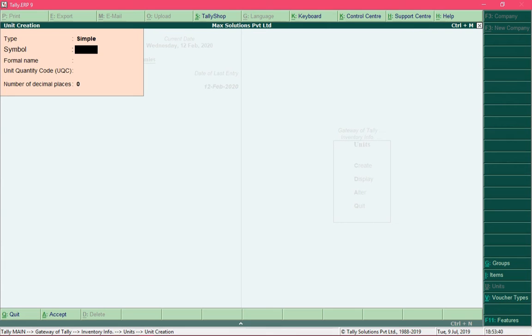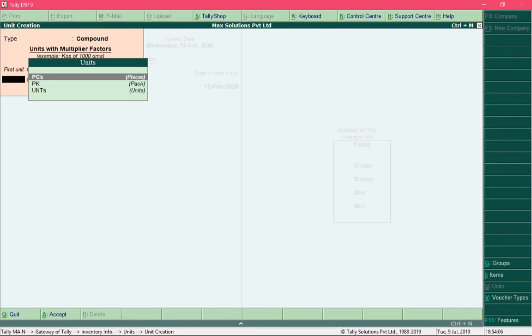So whenever you form a product from a group of products, then you need to define its units in a different way. Here we want to sell a pack of 3 ink cartridges, so we need to define its unit in this way. Press the backspace key and select the type of unit as compound and press enter.